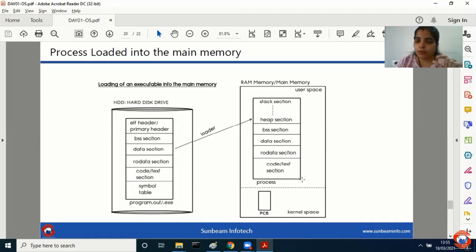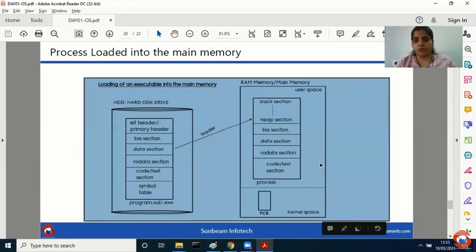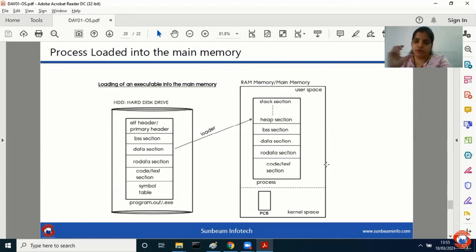So when you talk about any program which is in the execution mode, it is brought from your disk to the main memory of your system. What is main memory? That is RAM. The sections are these, and stack and heap are added at the runtime. Have you understood? When the program is loaded into the main memory, that is called as a process, and any process which is available in the RAM, that means it is in the execution mode. That is how your program gets loaded in the main memory, right?